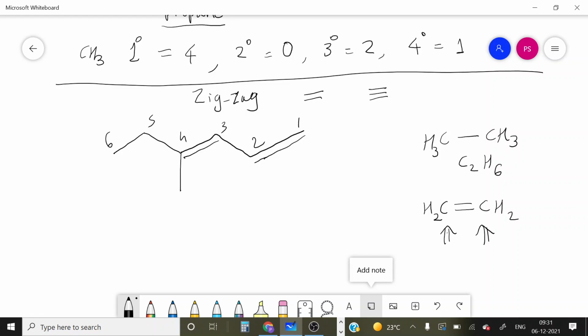Okay, and this is the seventh carbon, a methyl substituent is there. So formula is C7. Now what is the normal alkane formula for 7 carbons? C7H16. Okay, but as one double bond is there, we have to deduct 2, 16 minus 2. But a second double bond is also there, again minus 2. So our formula becomes C7H12.